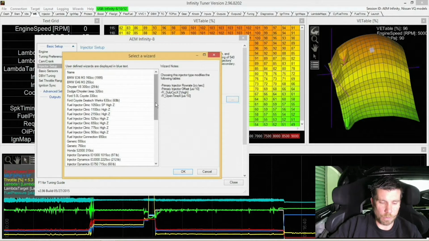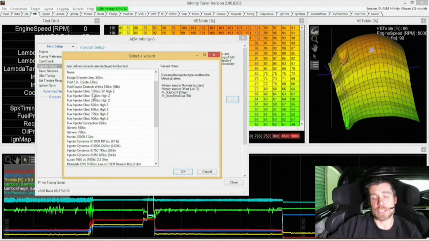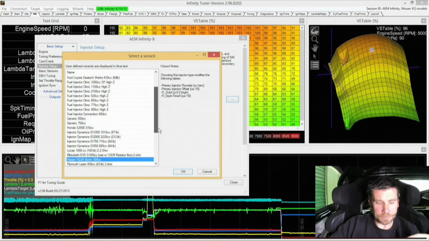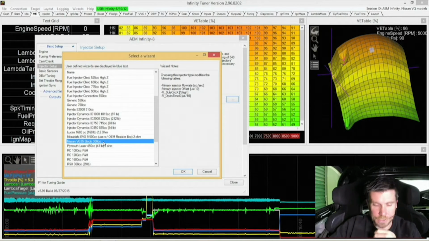So, for example, if we wanted to fit a set of Fuel Injector Clinic 1050cc injectors, we can just click on that option, and those will be configured in the ECU. And again, obviously you can see here we've got our Nissan stock 300cc VQ35